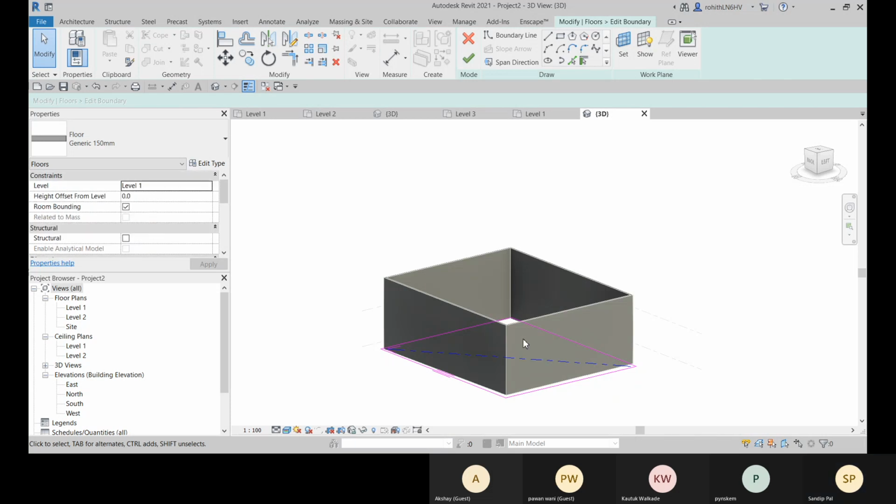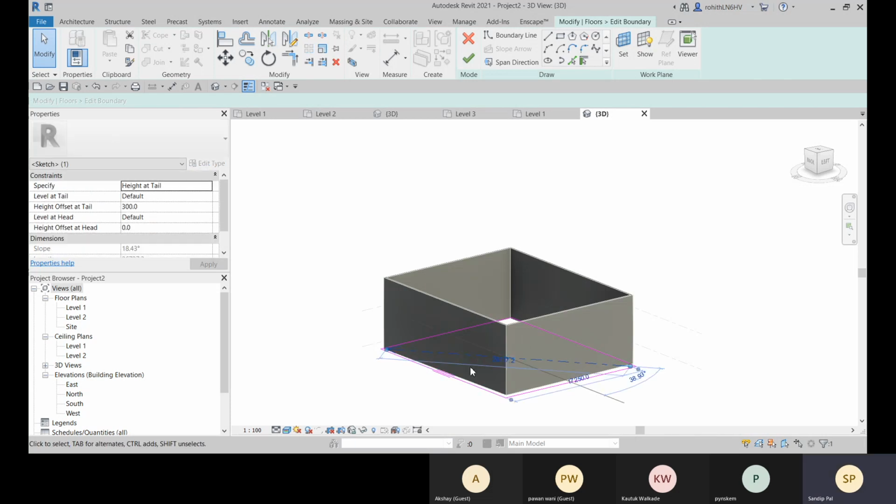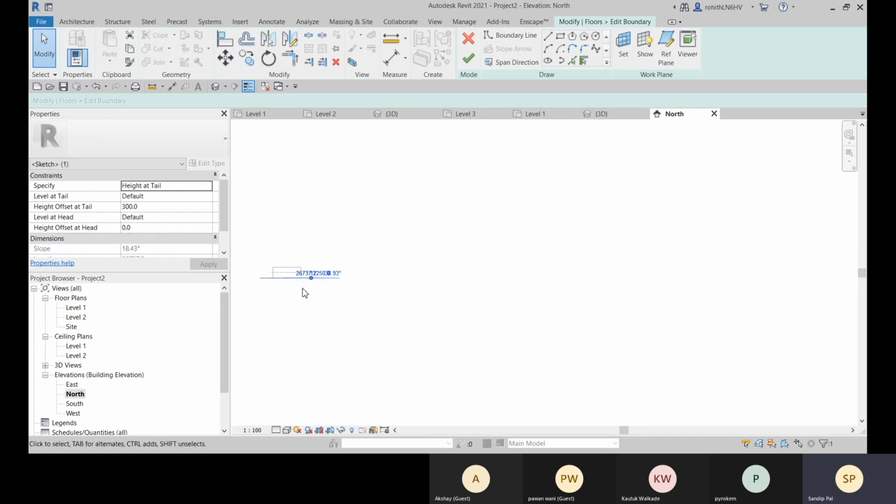Now select this slope arrow, and here we have this height at tail and level at tail, that is default. You can change the level if needed. You can change this level, and height offset at tail, that is 300. Let me show you from the elevation there.